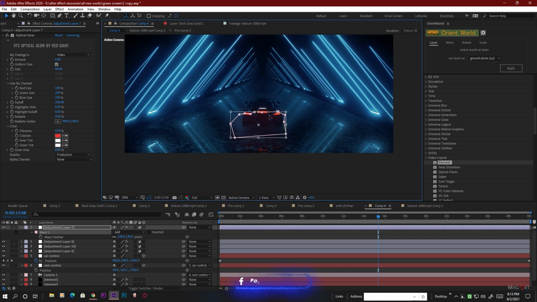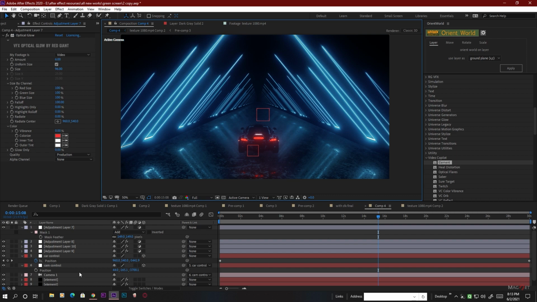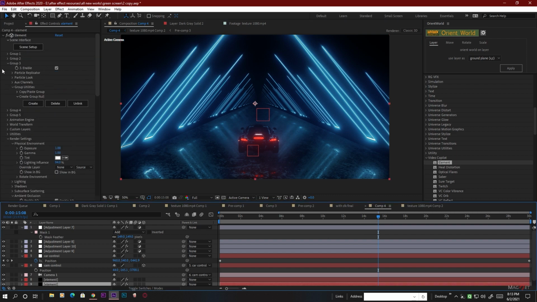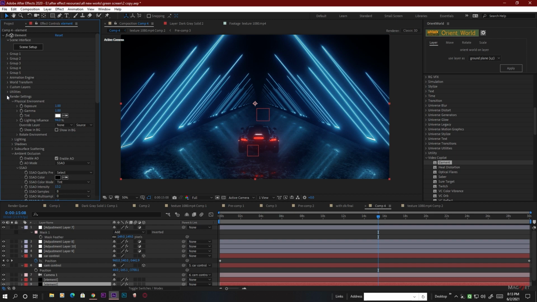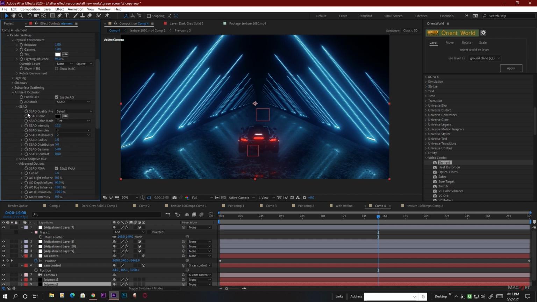So first we select this and place it here, or maybe we can extend this mask to the reflection here as well. So just extend this, so it also covers the reflection of the backlight here as well. So this looks amazing. Now if you enable the motion blur switch, go to the render settings